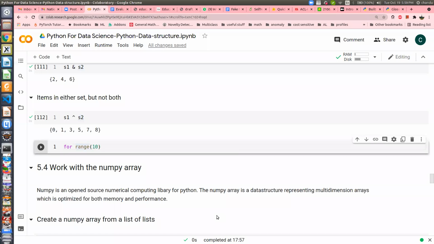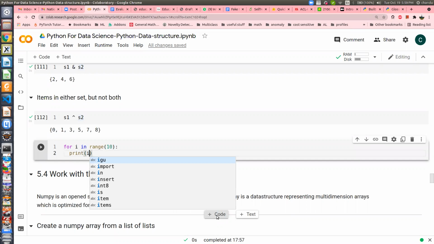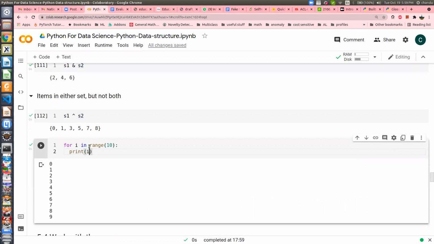So I will say for i in range 10, then print i, that's it. In the for loop, I am specifying what I want to iterate. I want to iterate all the numbers starting from 0 to 9, because in the range the last number is not printed. It is basically the size of the list I want to iterate, you can say.